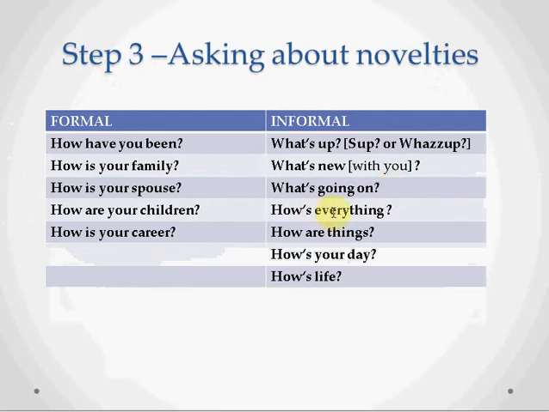If you're using how's everything, you want to know how are things? How are the daily activities of this person? You can say how are things? It's a synonym. It's the equivalent of how's everything. But notice that things here is plural. That's why we are saying how are things and not how is things.